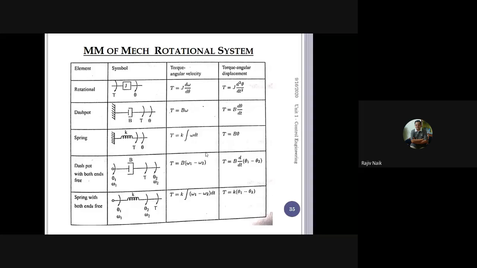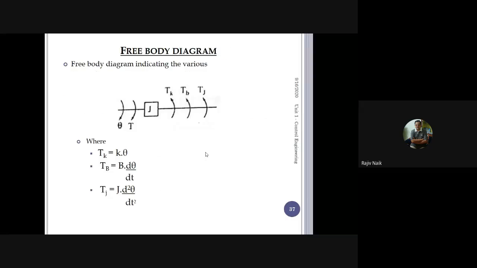We are not going to handle any problems on this because it is exactly similar to that of a spring mass damper system. We have already done a number of problems, one or two problems. A few more problems will be done in coming classes. So today I am doing one more problem on spring mass system. It is a combined problem with an electrical system. So moving now to the electrical system.